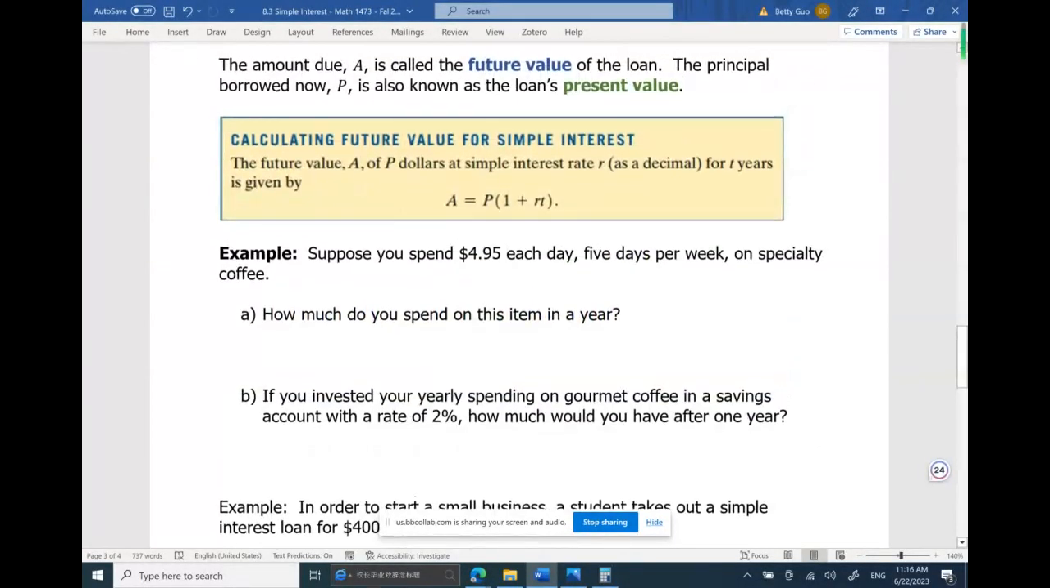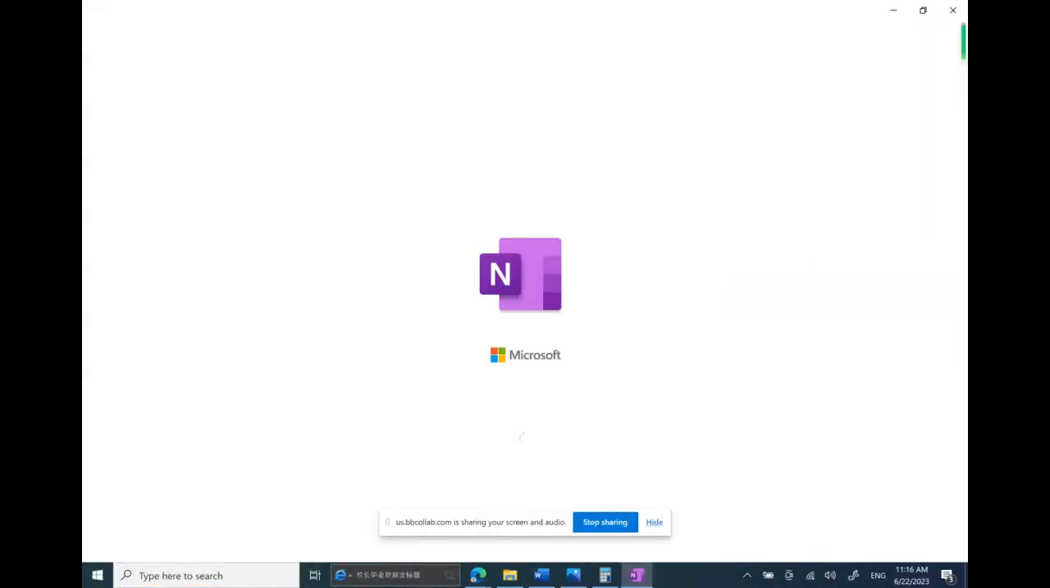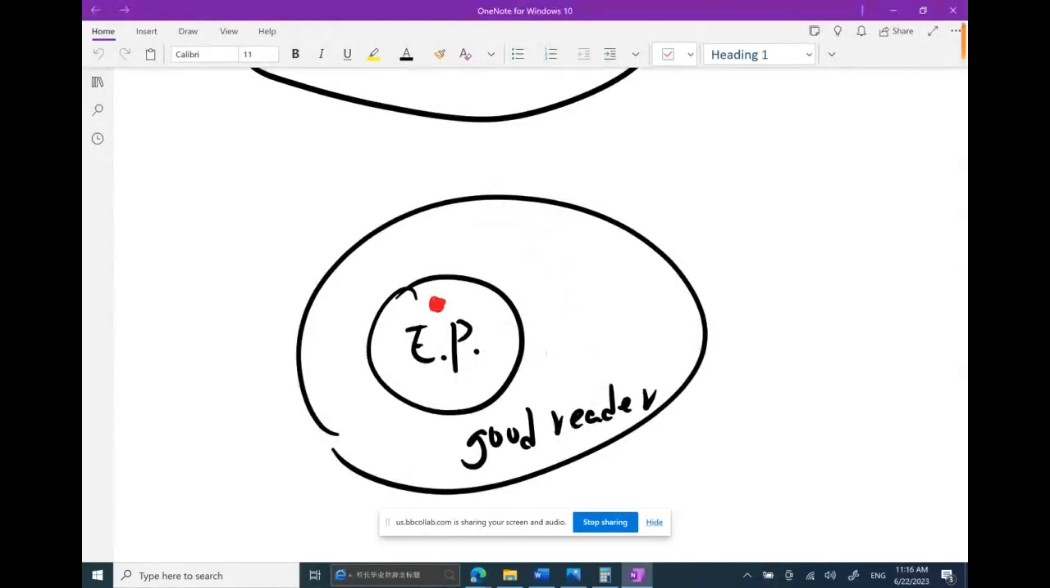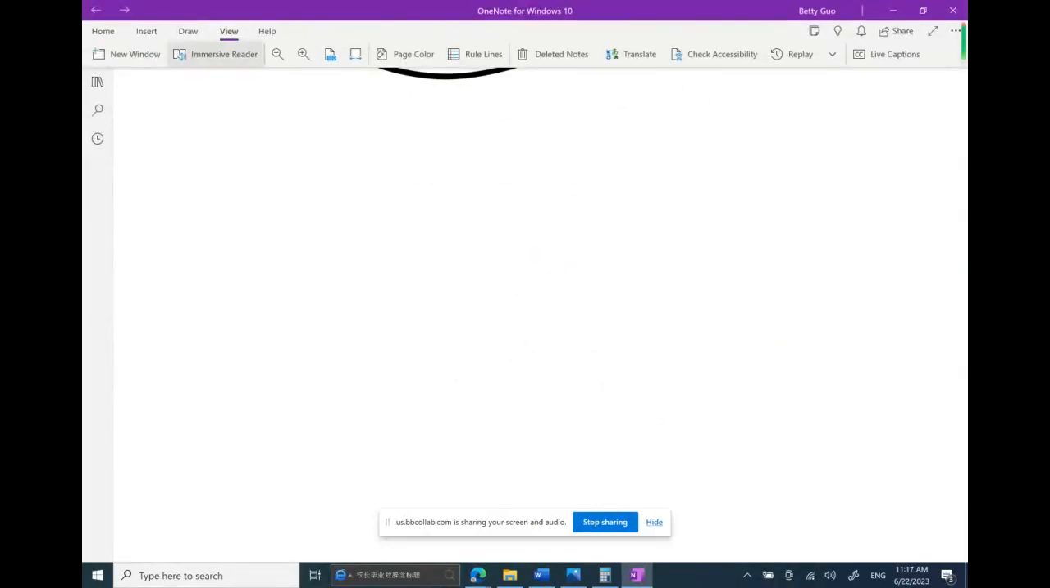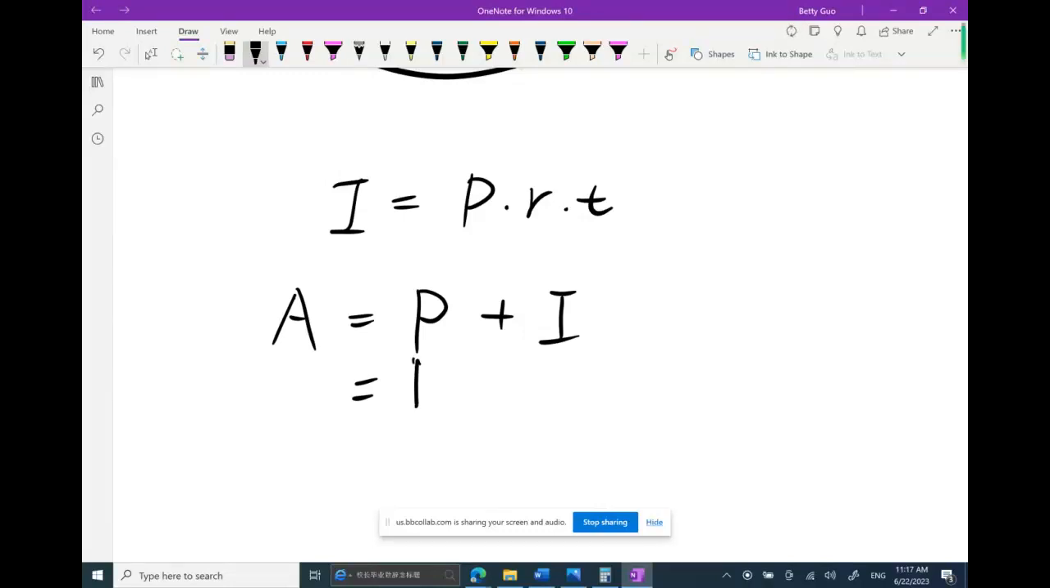I can derive the formula very quickly for you. I can do that on my OneNote. This section is pretty straightforward. It only involves 2 formulas. The first formula is the simple interest formula, I equals P times R times T. Second formula, the future value of the loan is the sum of the principal and the interest generated over years from the loan. And if we plug in I equals P times R times T,